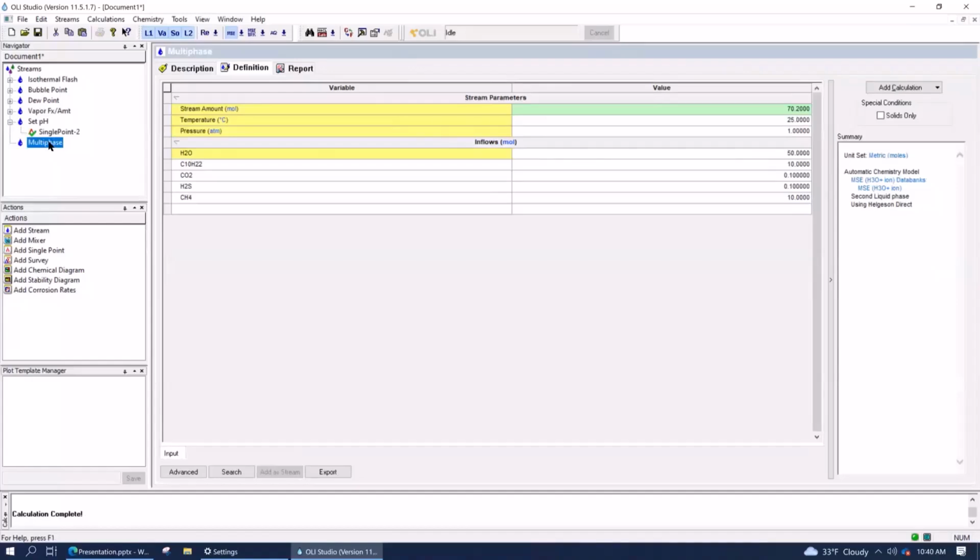We keep the second phase off, and Jingzheng, you can probably explain this better than I can. In the past, we've kept it off because it just slowed down the calculation. If it wasn't going to form, why add extra baggage to the calculation? That was really important in the 90s when you only had maybe 64 kilobytes of memory. So why add more equations if you didn't need to? Now I think we can probably add it on, but Jingzheng, is there any reason why we would still keep it off? Because it's still off by default in the system.